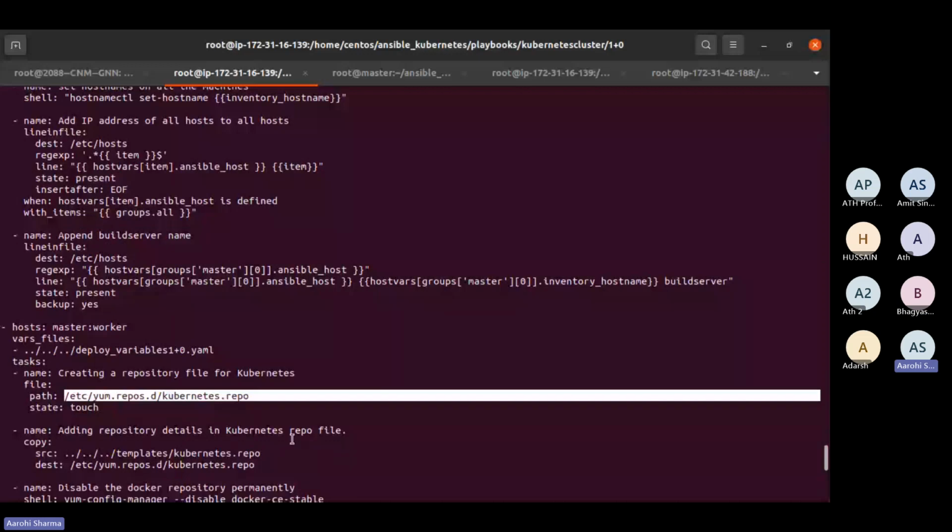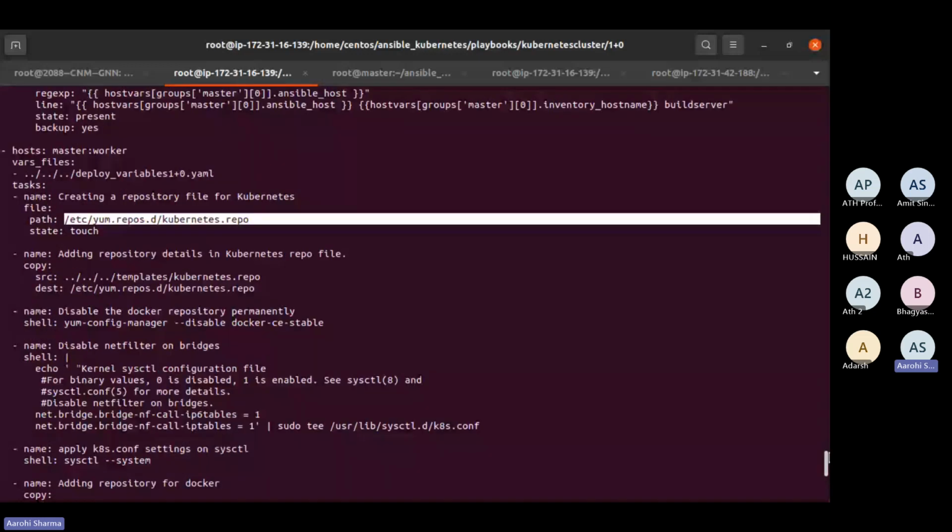So guys, what is Ansible? Basically, whatever we are performing manually, we add the steps within that YAML file, that is called an Ansible playbook, where you define each and everything, and whatever you are performing, you define that particular path as well. Like if you see here, when I'm adding the repository details into the Kubernetes repo, I'm telling that src means source, templates/kubernetes.repo, and destination is /etc/yum.repos.d/kubernetes.repo, right?